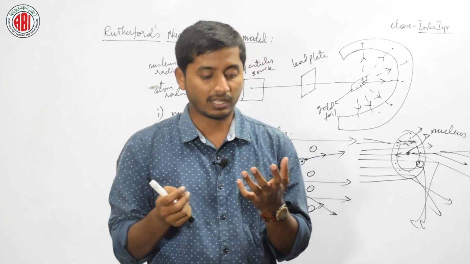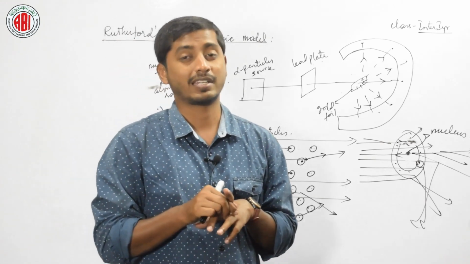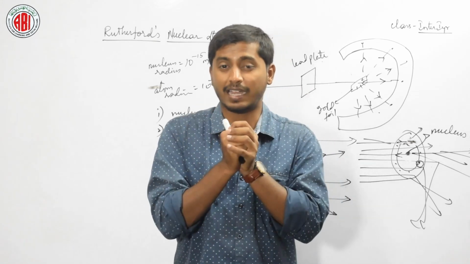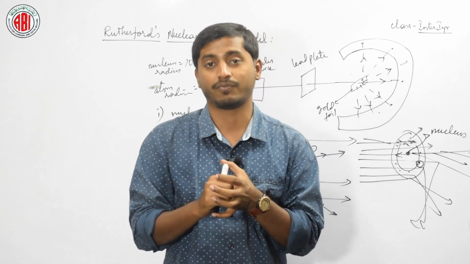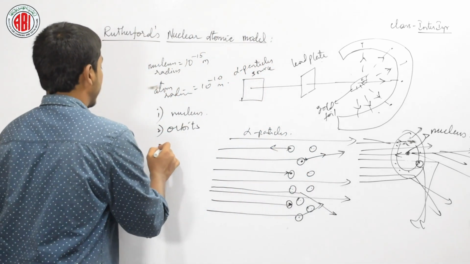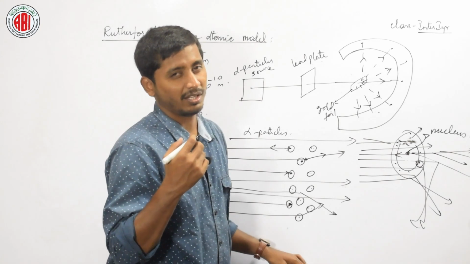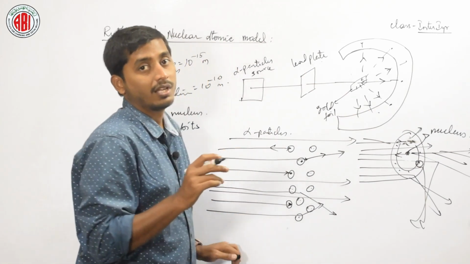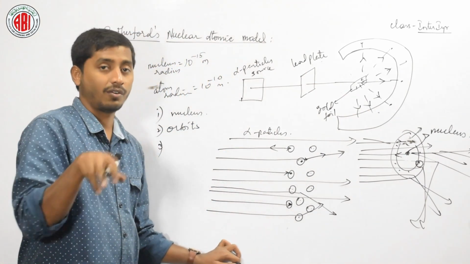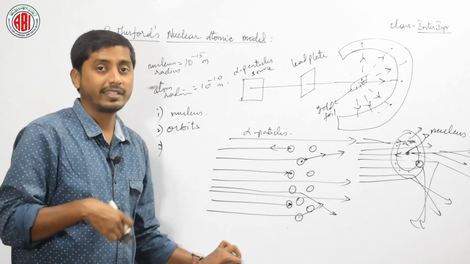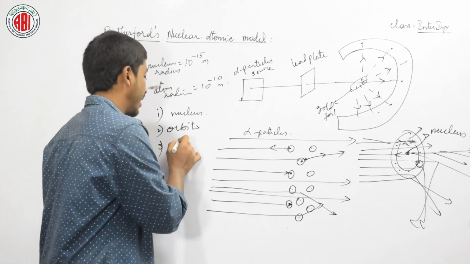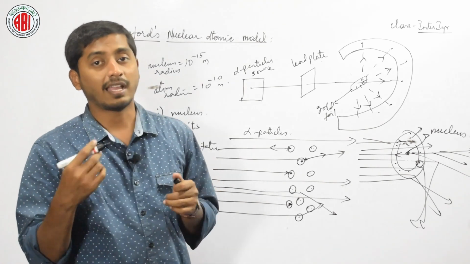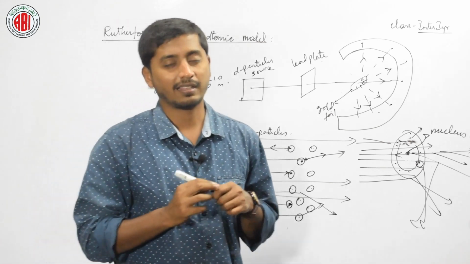And the third point, which is very important to understand in our future topics, is that electrons and nucleus are always held by an electrostatic force of attraction. We have studied a few kinds of circular motion in our physics chapters. Based on the circular force, the force between the central atom and the revolving atom must be the same, then only it stays in a circular orbit. That is why there is an electrostatic force of attraction between a nucleus and the electron. These are the three different conclusions of